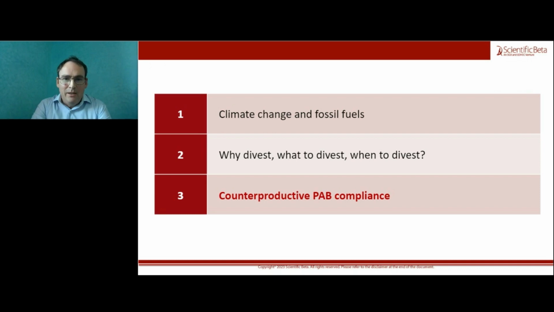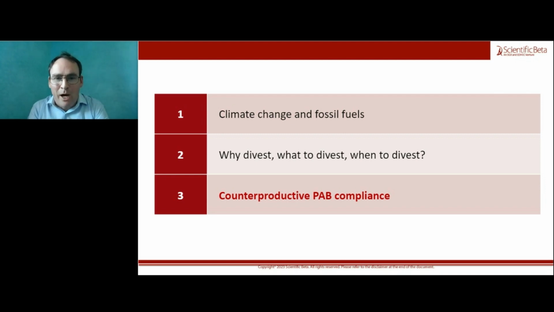Now, what we basically showed in the second part is that there is a role for divestment, but that this divestment needs to be discerning. So you should probably not divest from coal and tar sands at the same time horizon as you divest from gas, for example. For gas, you could put conditions such as the shift from coal to gas. So you could have more discerning strategies that look at different types of technologies and different time horizons to justify divestment. And as a contrast to discerning and escalating fossil fuel divestment policies, we'll now in this final part look at